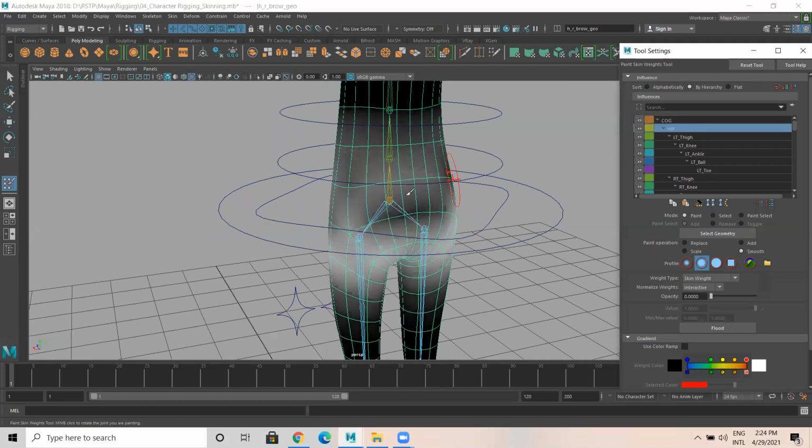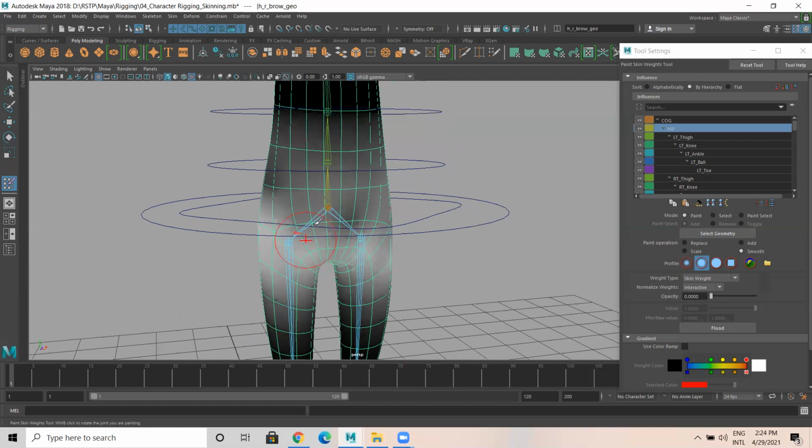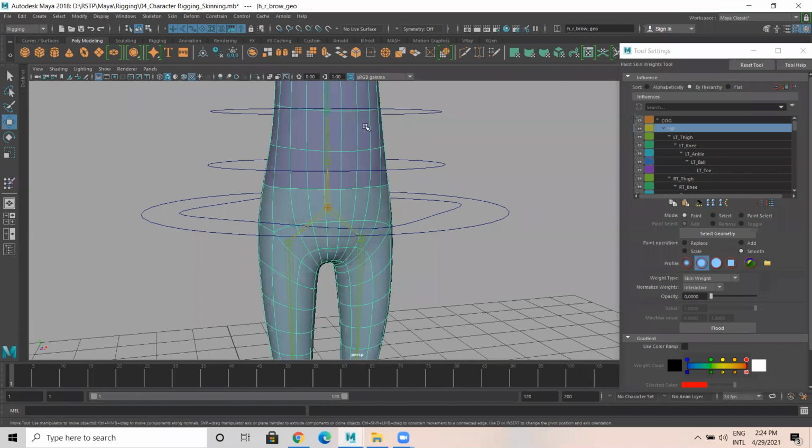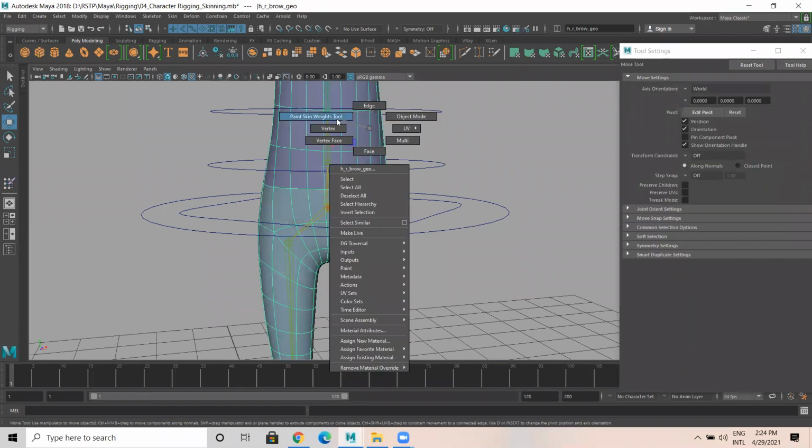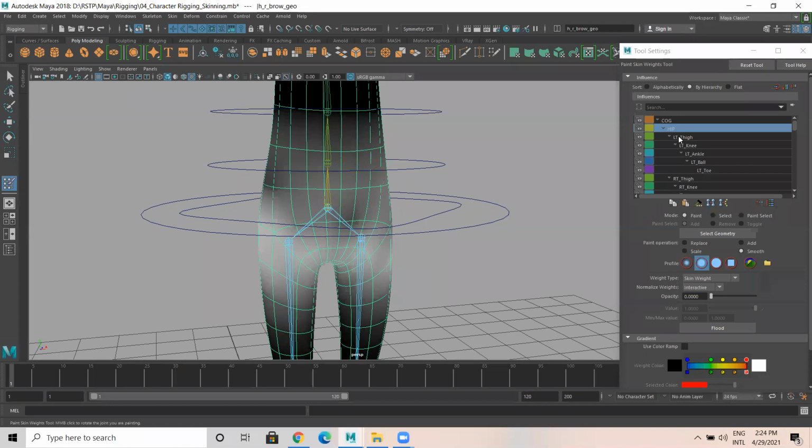Now I select hip. When I select the hip part, hip is here. It should affect the lower part, not the top part. Okay. Yes. So it is affecting like this. Select this. Go to paint skin weight tool. Hip. Replace.